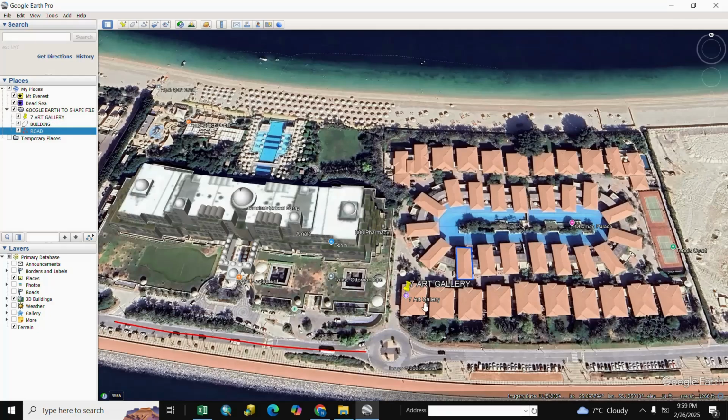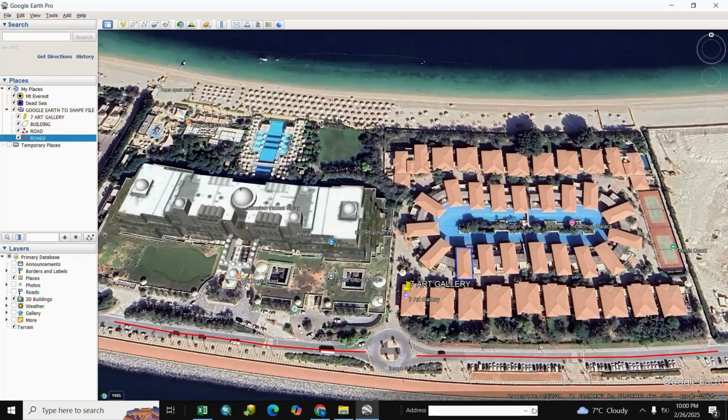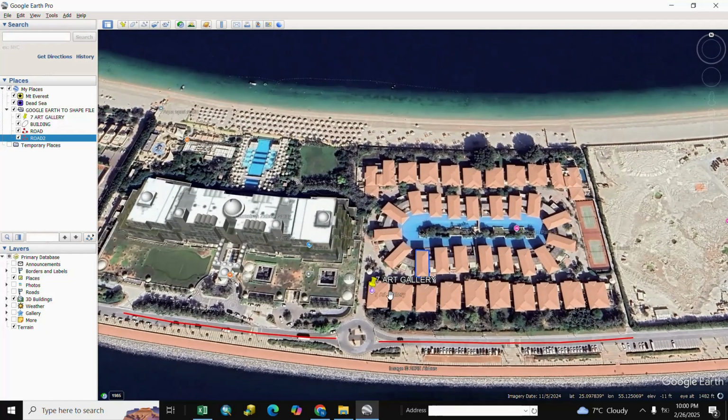If you want to capture the next one, we go again and write Road 2 and capture the next, and OK. Our file is completed: line, point and area in Google Earth.